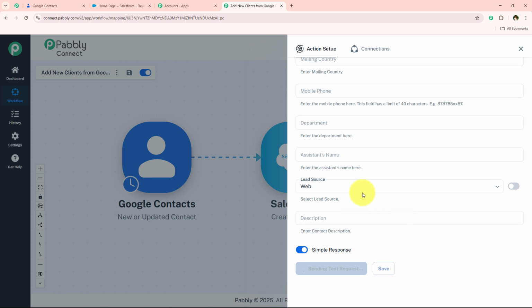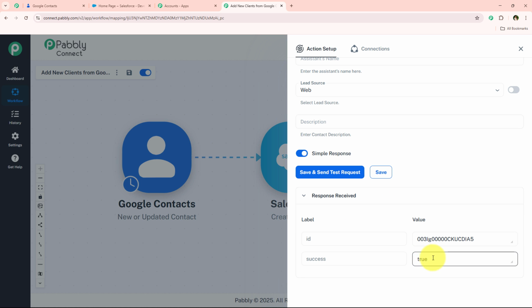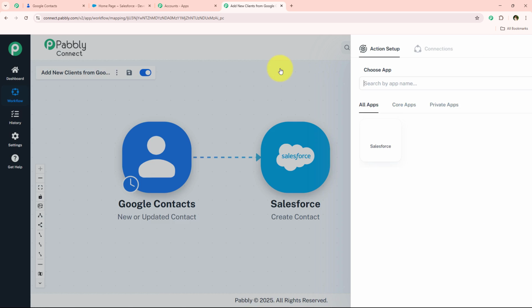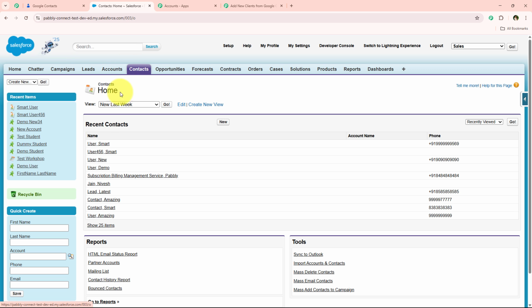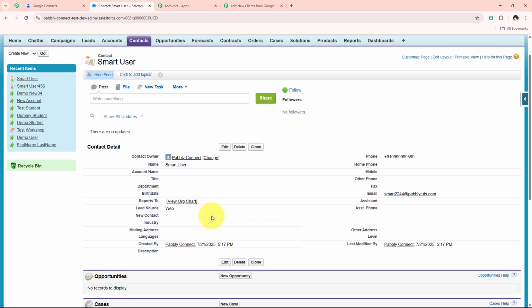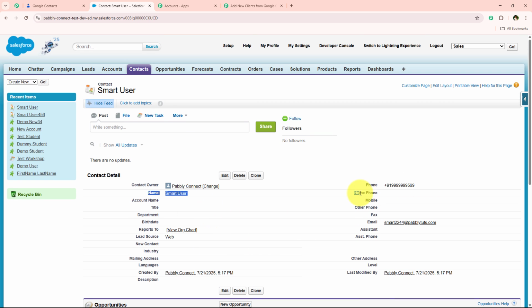Now I'm just going to click on this save and send test request, and once I'm just going to click on this save and send test request, we have received the positive response that we have successfully added these details in our Salesforce. Alright, so I'm just going to open my Salesforce and go towards this contact section, and over here you're going to see that recently we have created a new contact. So I'm just going to open it, and as you can see the same details, be it the phone number, be it the email address or the name, these are the same details which we entered during the test submission